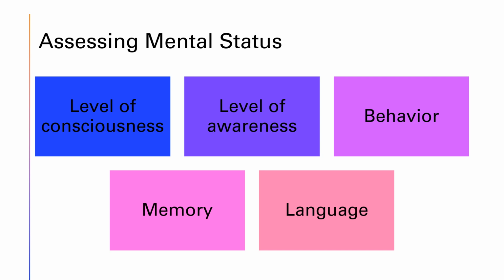And when it comes to language, we're not assessing if they can speak English, although that's a very important assessment for us to do, but we're trying to see if they can read and speak simple words, letting us know that their brain is functioning. If we point to a picture and they call it a cat, and it's a picture of a dog, there might be some language issues in the brain.